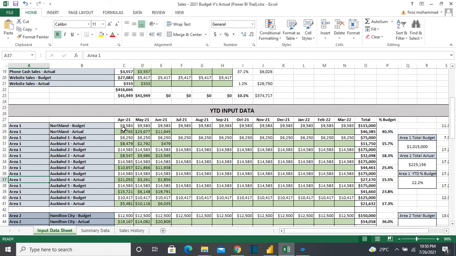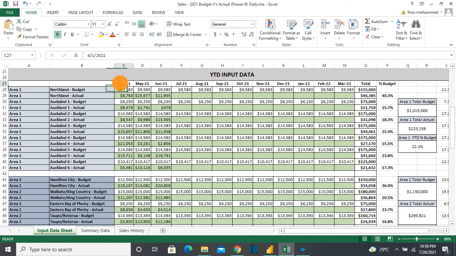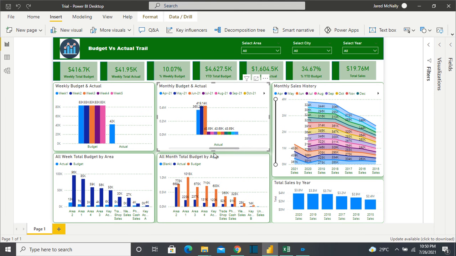So if you see all the April 21 budget value, you will get this value 412k, and actual value that's 365k.